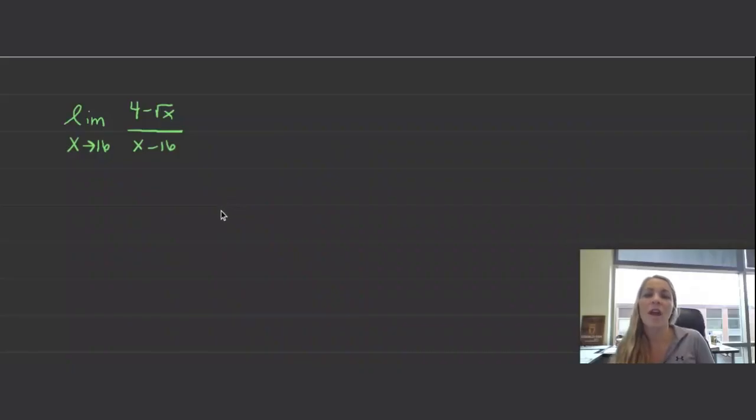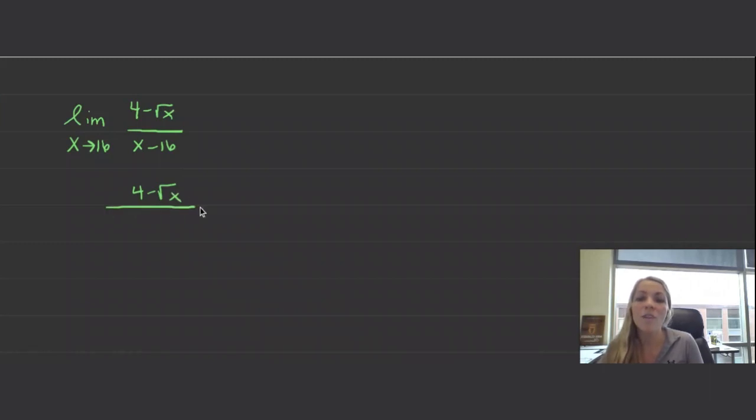The first thing you want to try when you evaluate a limit is you want to see if you can plug this in. Now, when I plug 16 in, I get 16 minus 16 on the denominator, and that equals 0. So that tells me I'm going to have to manipulate this using some sort of algebra. In this problem, I'm going to show you how you can simplify this by writing the denominator as a difference of two squares. So I'm going to leave the numerator the same,